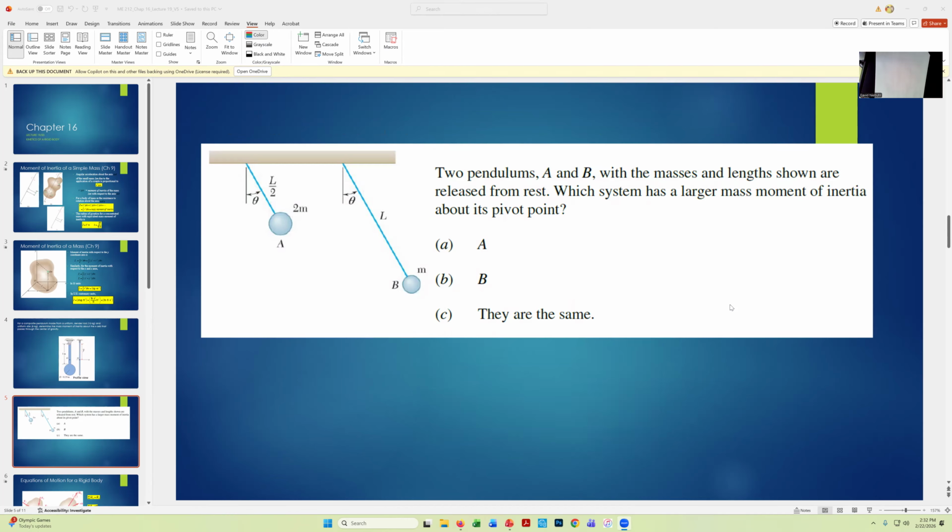We went through also this example. Two pendulums, A and B, with masses of length shown, are released from rest. Which system has a larger mass moment of inertia about its pivot? And so we can see that the one with more mass is going to have that. And so we can compare that to the two if we look at,